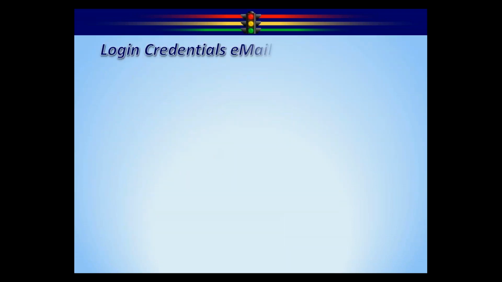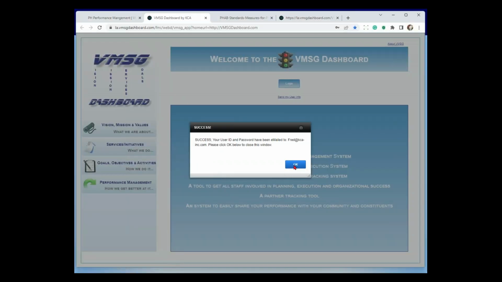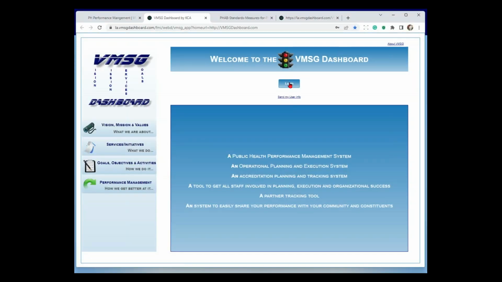The email will look similar to this. So it says, here's your user ID, your password. Now, one nice thing is you do not have to remember this user ID because you can use your email address in place of it if you choose to. You can go back and forth, whatever you want to do with it. What I'm going to probably do, this password would be some crazy cryptic string if you've never logged in before. So you're going to want to go in and capture that password, maybe just copy and paste it. You're going to go back into here. I'll hit OK. This is the login button I was talking about.